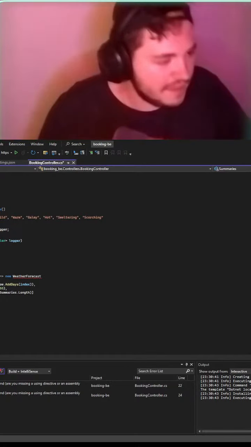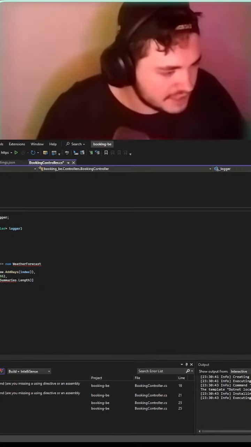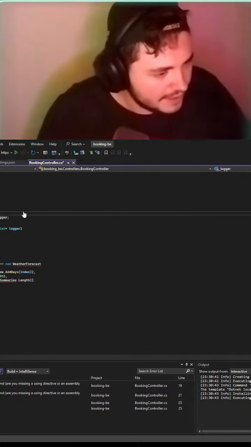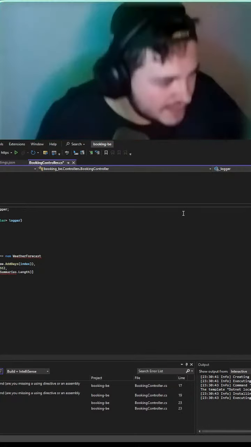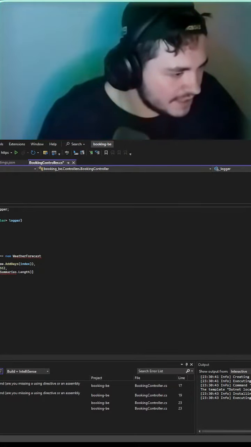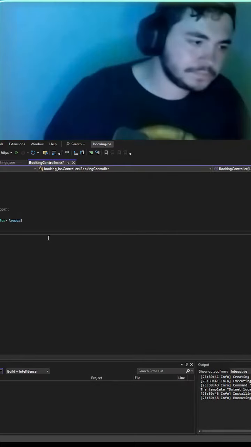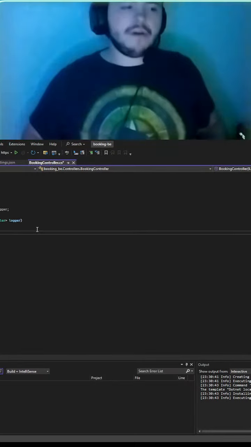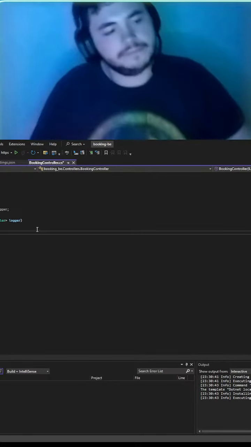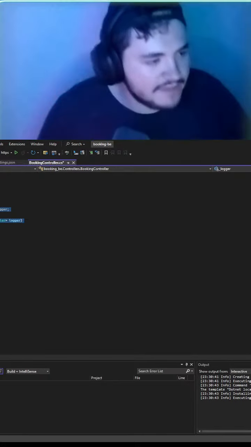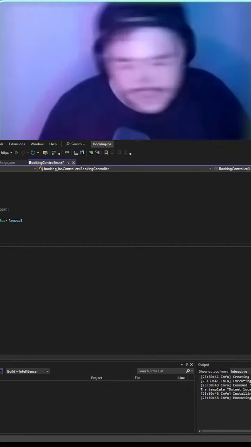Okay, so we have this. This can be deleted because it's just static stuff. This looks like it's just doing a very basic logger, so we don't need anything like that. And we're going to delete this boilerplate. Cool. So this is now officially a very, very simple class or controller class. It doesn't link to anything yet.